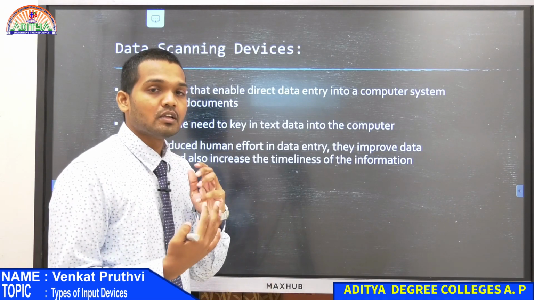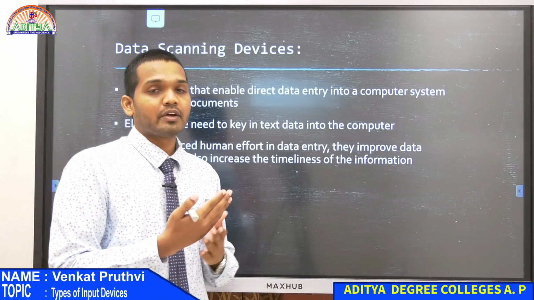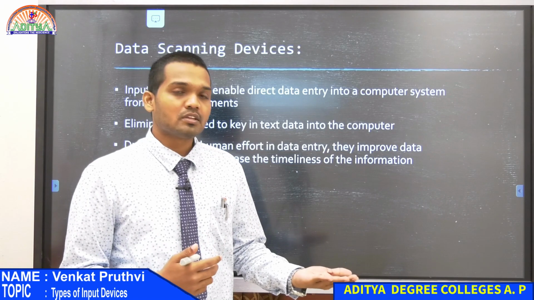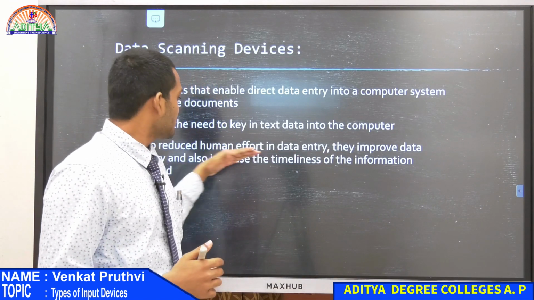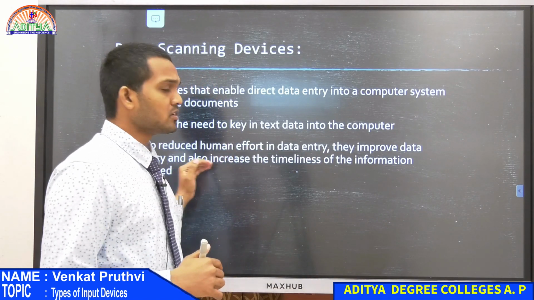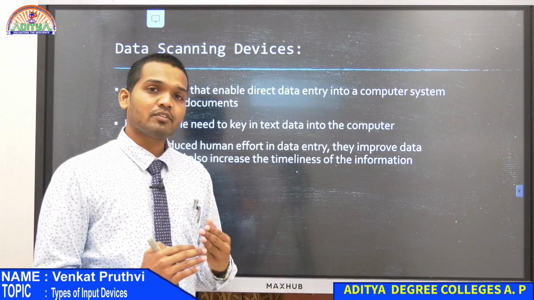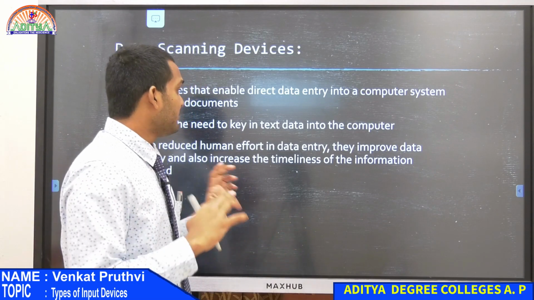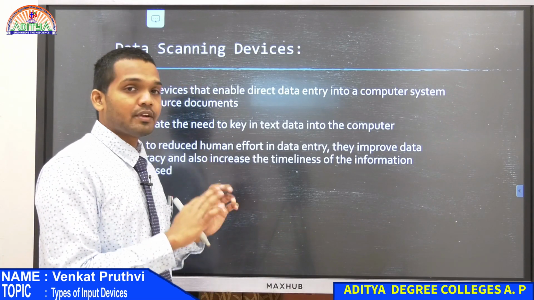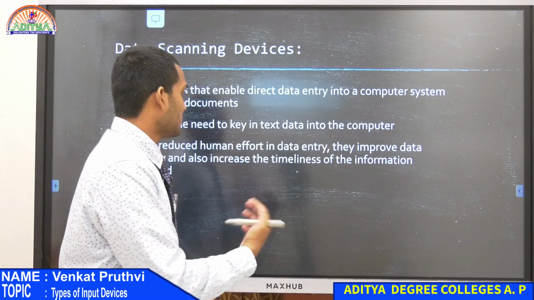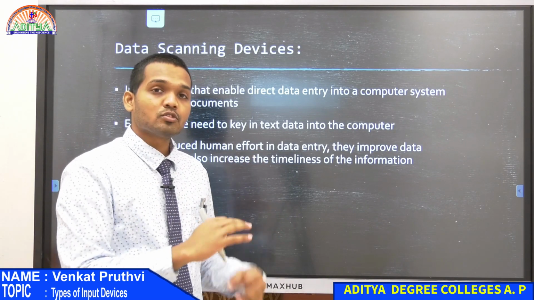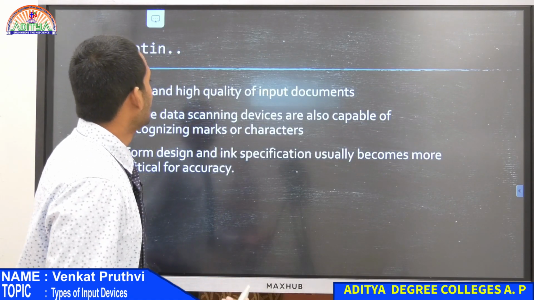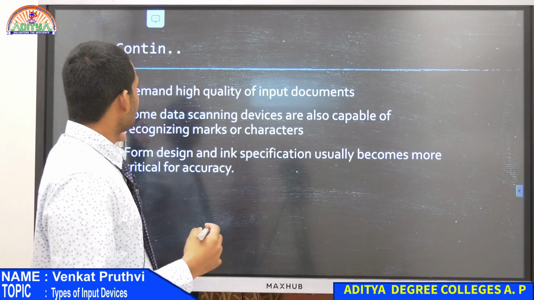So you have to understand why we are switching towards machines and towards automated things. The main reason for any kind of automation is to reduce human effort and improve data accuracy. Wherever you see technology being automated from manual to automated tasks, this point would definitely be required, and based on this point there are so many automations happening these days. Okay.